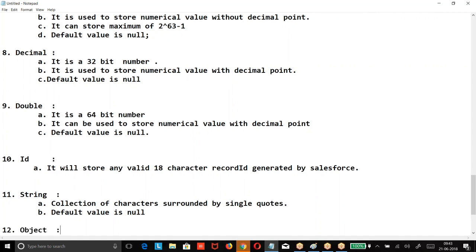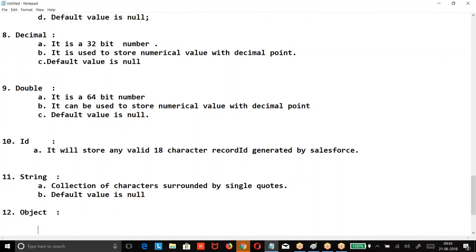Last one, object. Now, when you are not sure what type of data we are going to get, then we are going to take this object. If you know it is an integer, if you know it is a numerical value, I will take integer or a decimal. If you know it is a true or false, I will take boolean. If you know it is a binary data, blob. If you don't know what format of data they are going to give, I will take object.